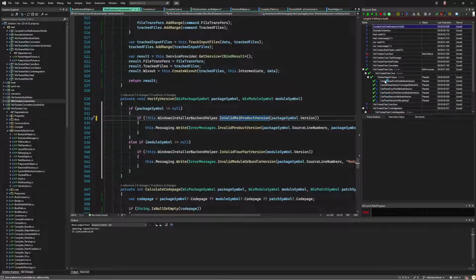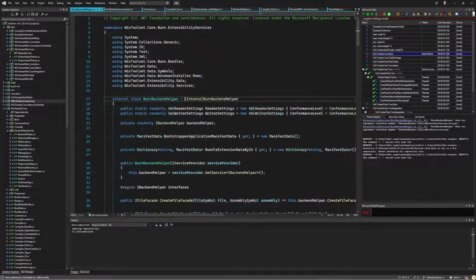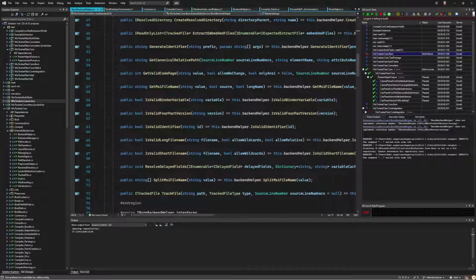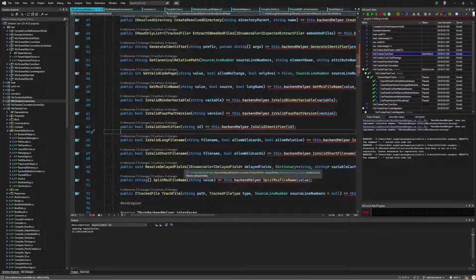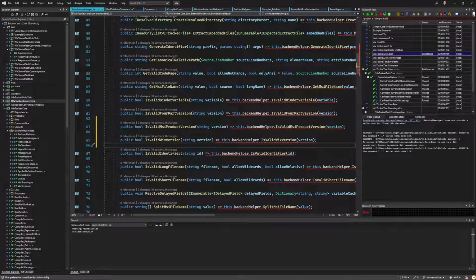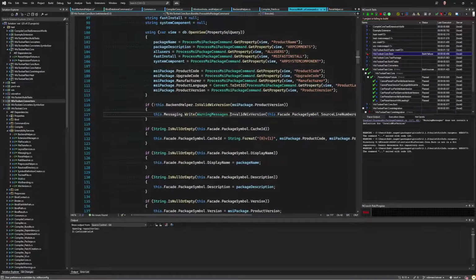And we're going to jump over to Burn pretty soon. I think he's next. He also needs to implement, pass through those two versions that we just did for Windows Installer version. So just like he passes through, so shall the Core Burn Backend Helper. It does not contain definition for invalid Wix version. Oh, all right, very good. Yeah, see? And now we have this check for is valid Wix version. So we're not doing that. MSI product version. Okay, now